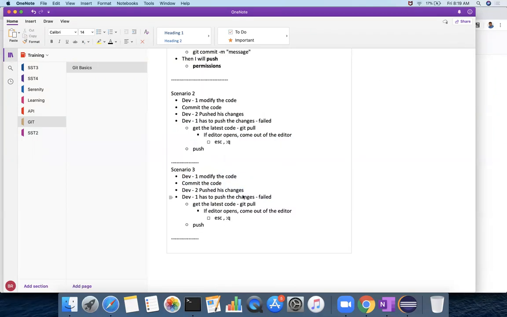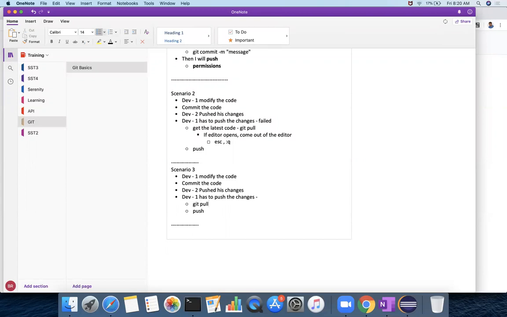Now we will see another scenario where dev1 modifies the code and dev2 pushes these changes, and dev1 commits the code and then tries to push the changes. It will fail, but what he will do before pushing, the first step is that instead of push, he should do git pull first.